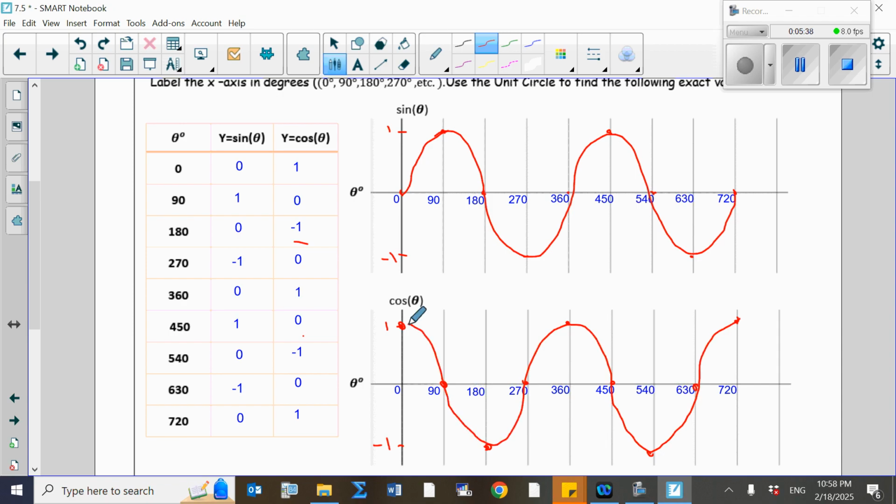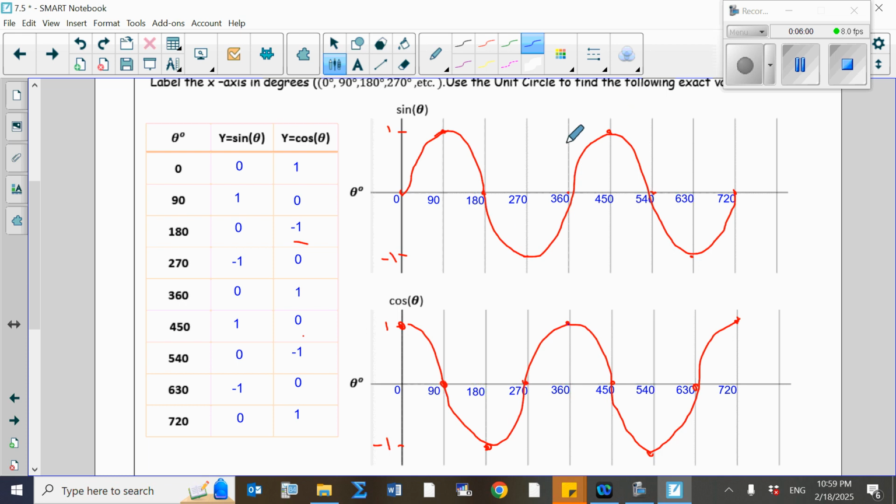Again, make sure you use a curve. If you notice, again, we have a periodic function because it's repeating itself. One cycle is from here to this point, and the other cycle is this one. So it's repeating itself. Notice that there was a pattern here, and I see that pattern here as well,